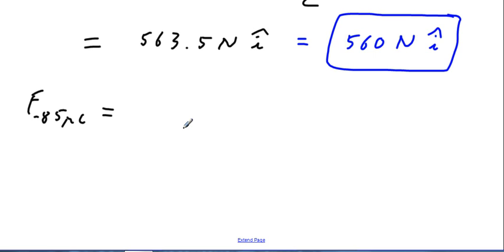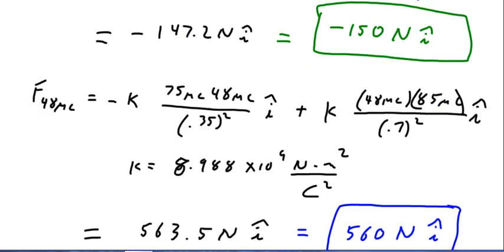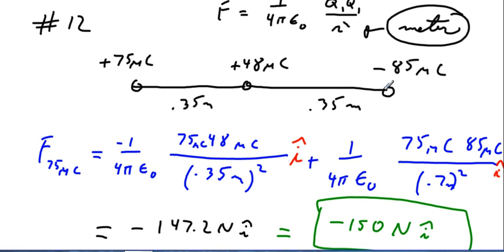You think about that. Yes, it's going to be in the minus direction. If I come back up here, this guy's being pulled towards him. He's being pulled towards him. So when I get done, I'm going to be